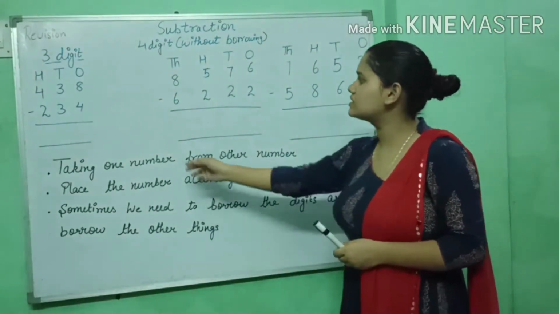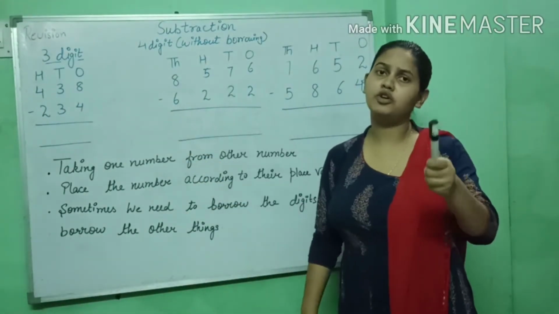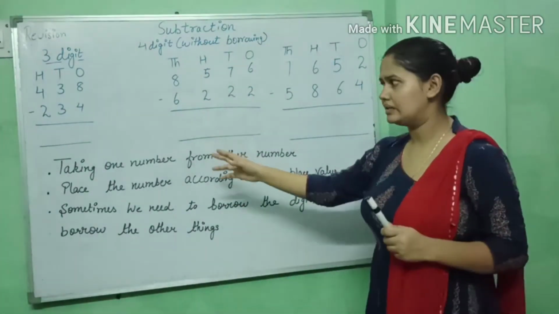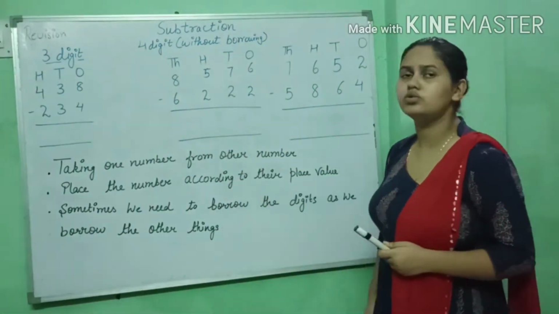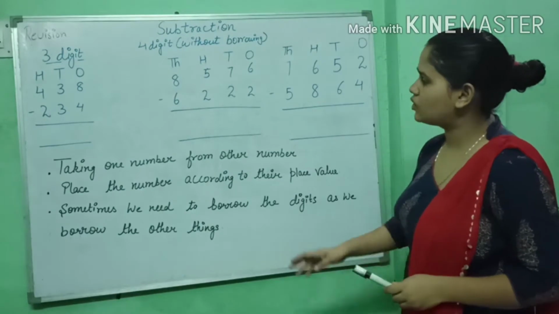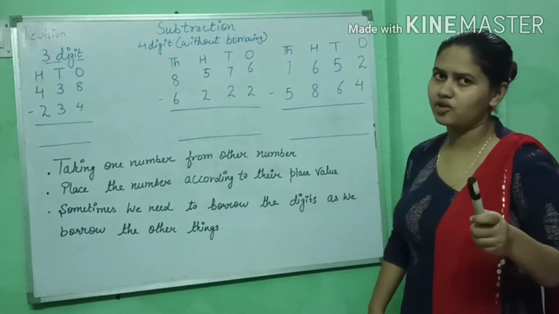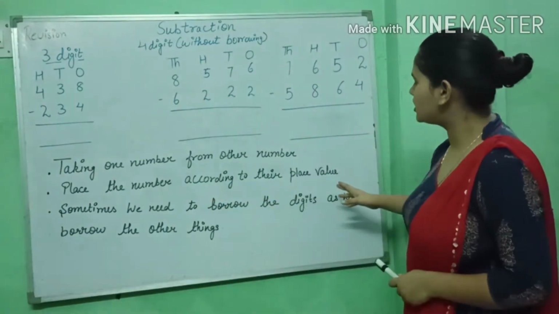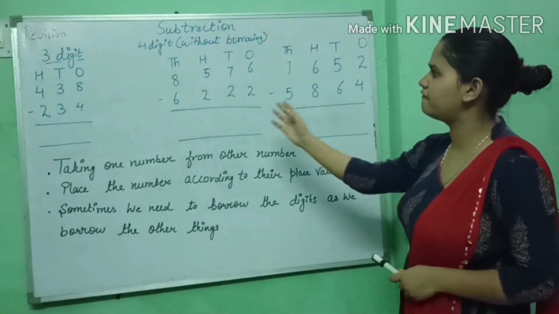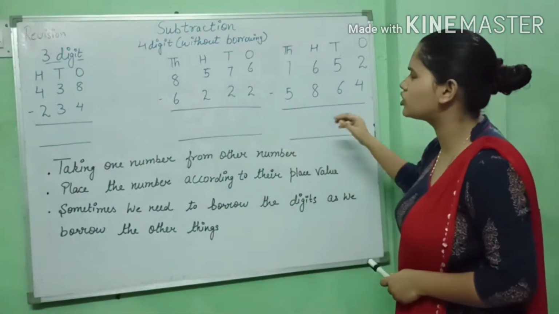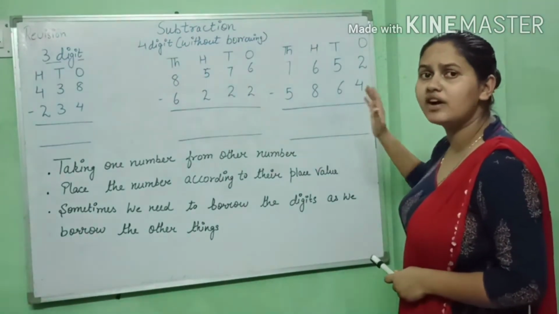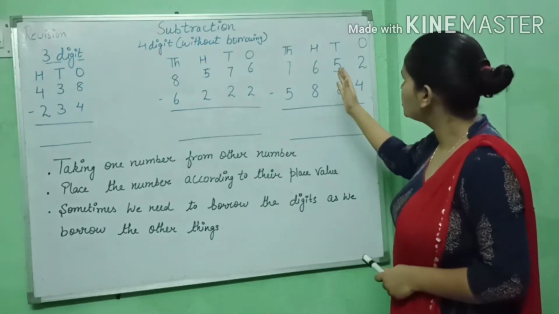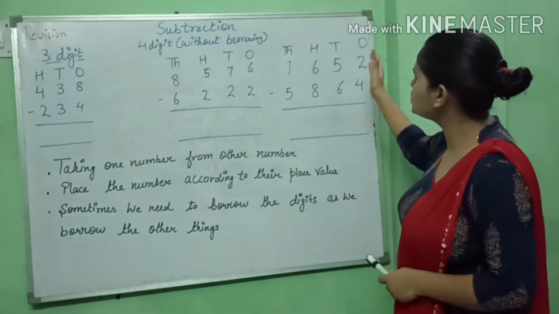You can see this is the minus sign, and when we do subtraction, don't forget to always put this sign there, right? So let's do the first step. Place the numbers according to their place value. You can see in every form, in 3-digit, 4-digit or borrowing numbers, I have divided them into sections according to their place value: thousands, hundreds, tens, ones.